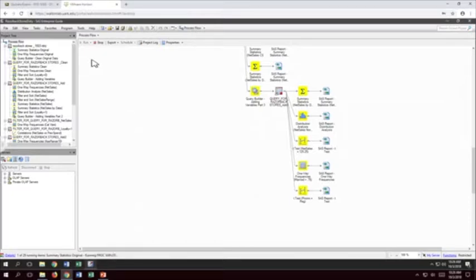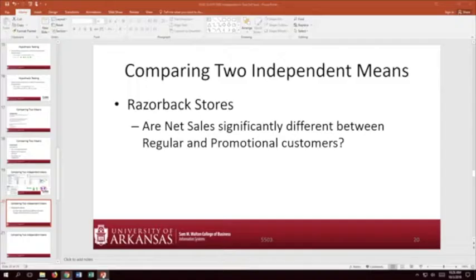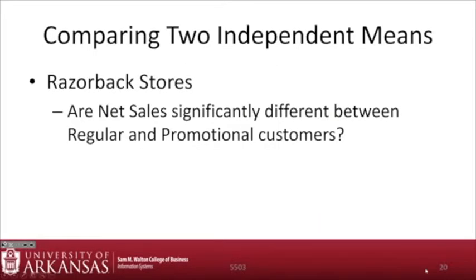So our question is, are net sales significantly different between regular and promotional customers? So while that's running, let's set up our null and our alternative hypothesis. So what two groups are we going to test? Regular and promotional. And we're looking at,